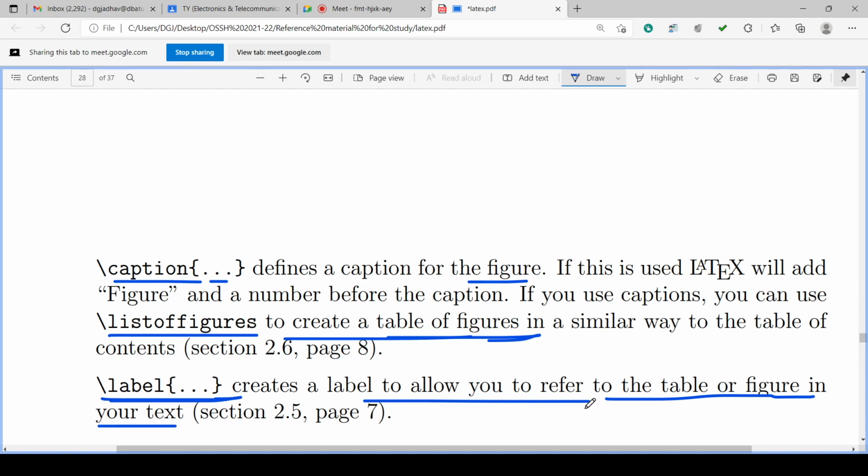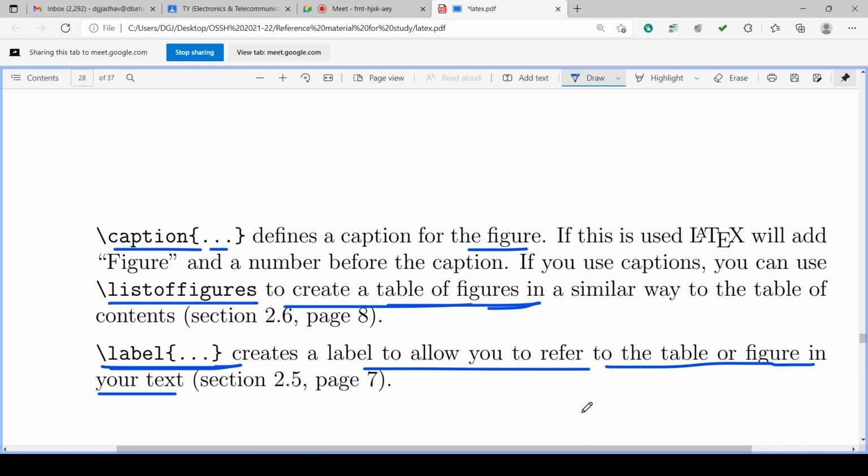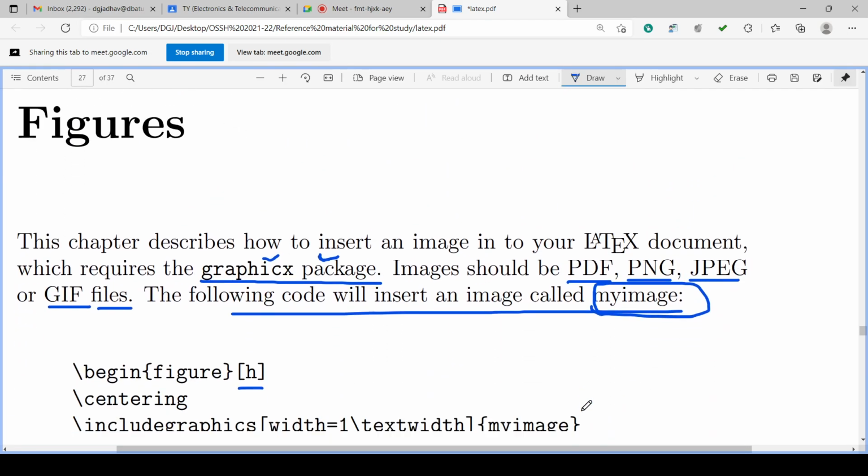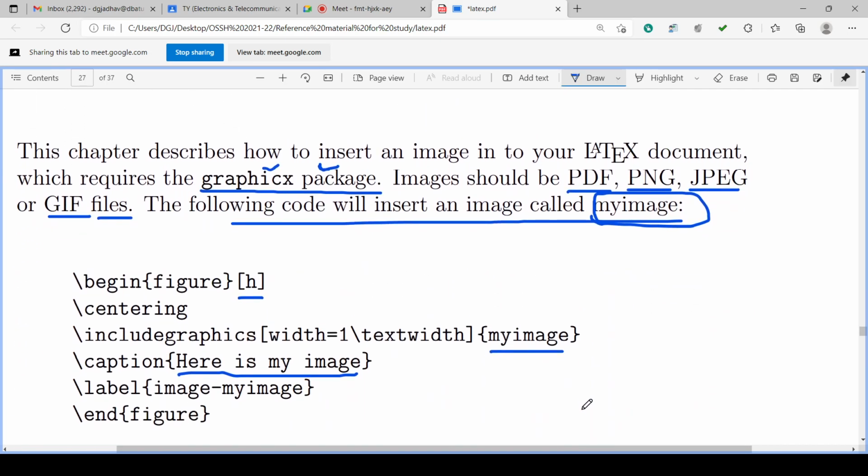Okay, so this is about figures, details of the figure. What is there in the figure? We have to include the graphics package in LaTeX, and the figure must be placed in the same folder as the TeX file.